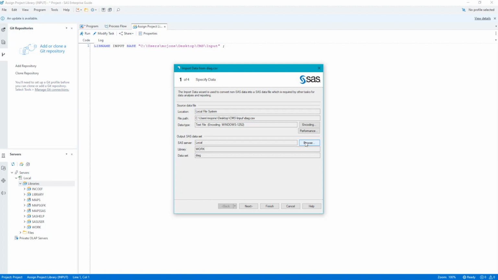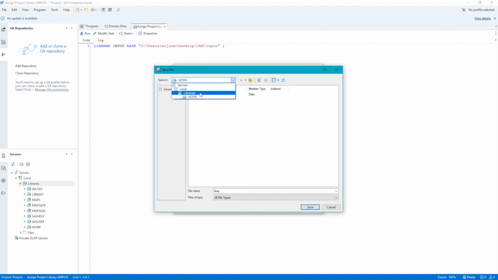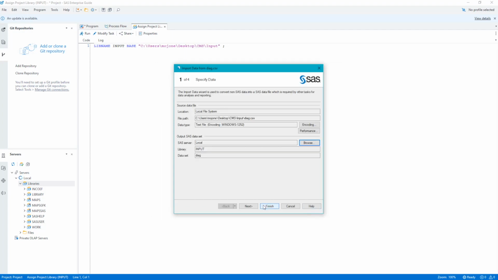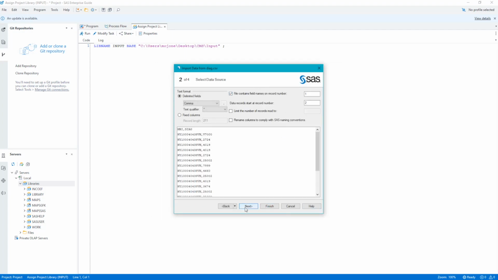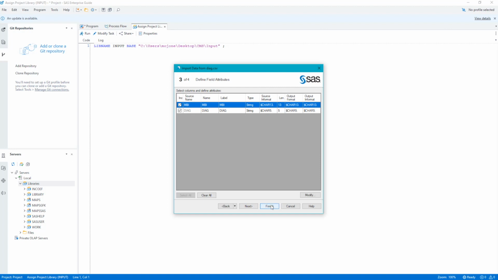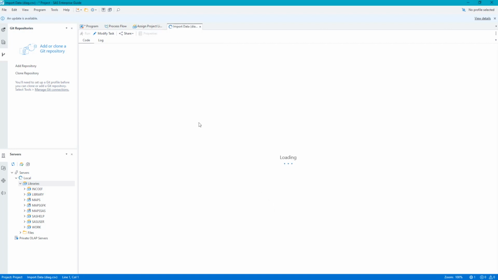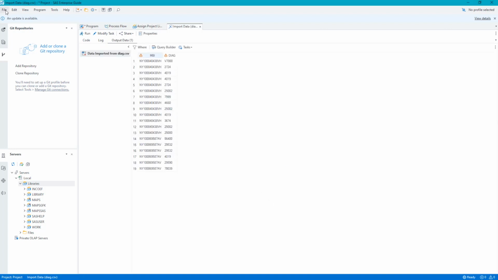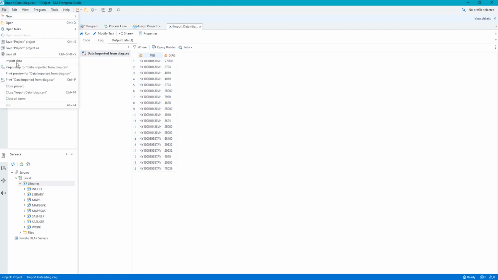And I will save them to this newly created input library. Next, I'll do the exact same with the person dataset.